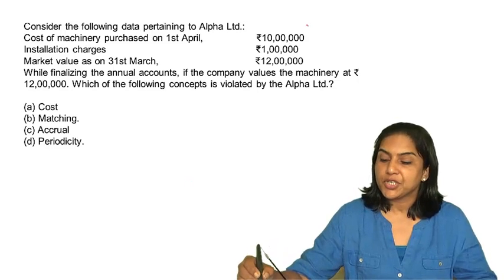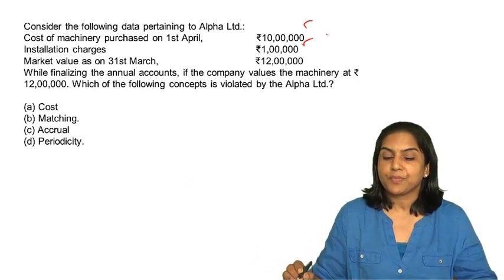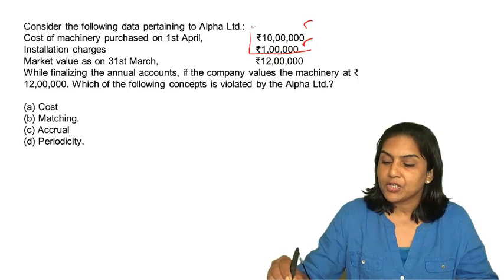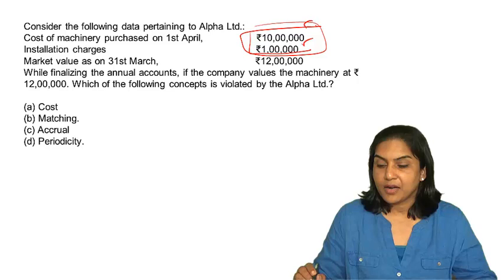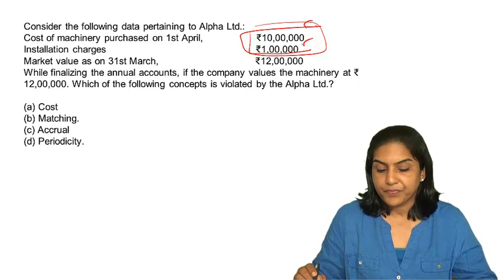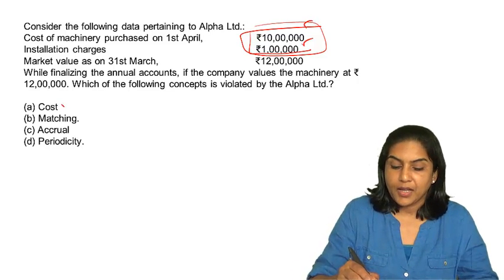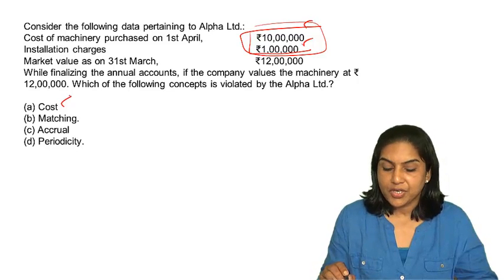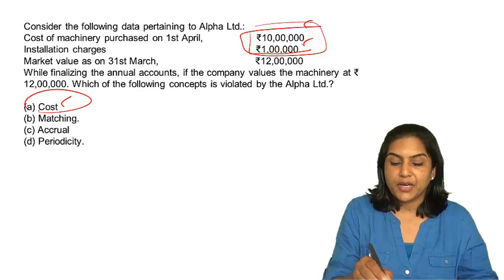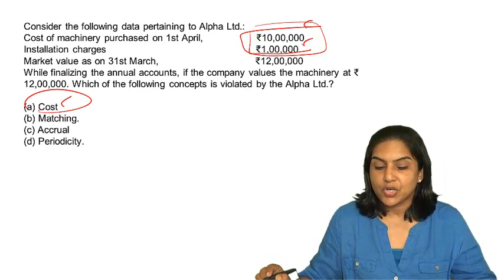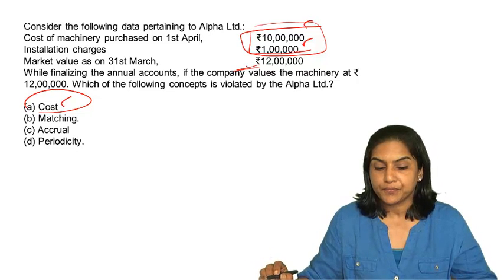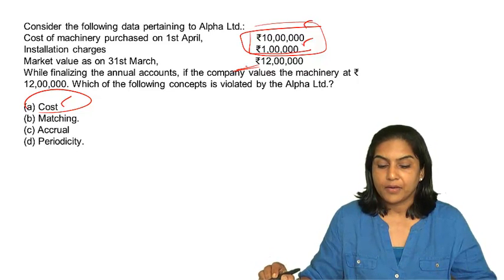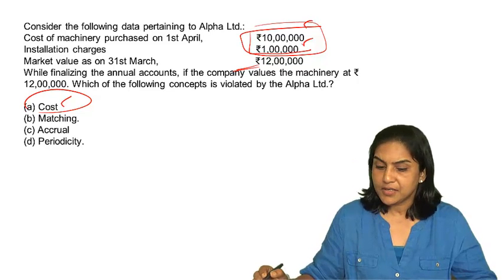The cost of the machinery is 10 lakh plus 1 lakh. It should be valued at 11 lakh because assets are valued at cost. Matching does not come into the picture. Accrual, no. Periodicity, no. Therefore, the correct answer should be the cost concept. You do not value machinery at the market value. Correct answer,